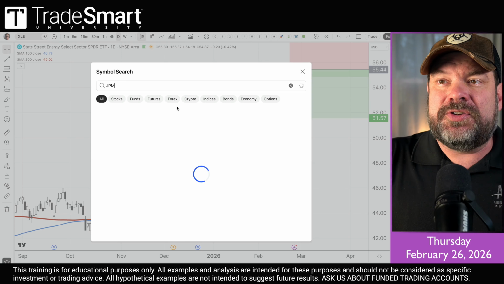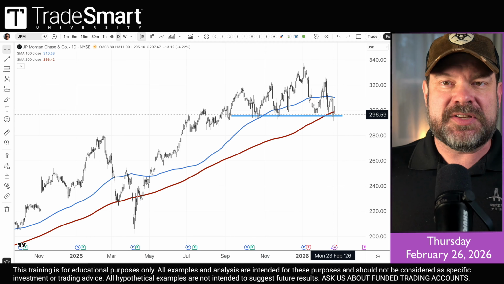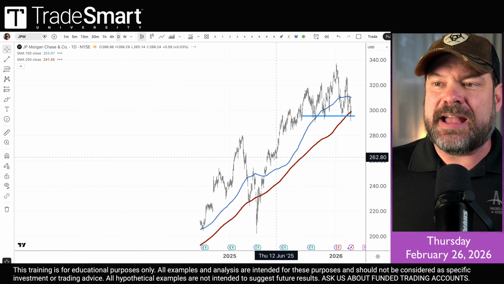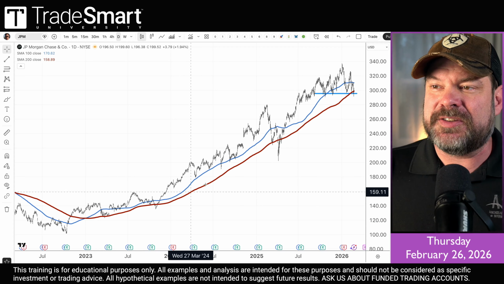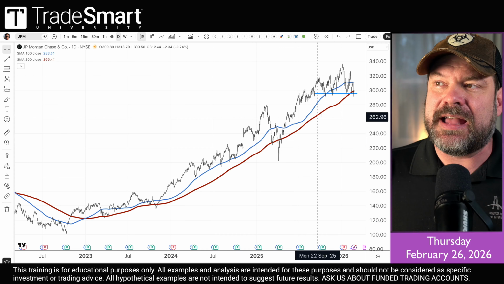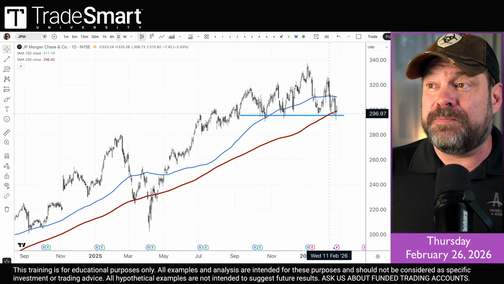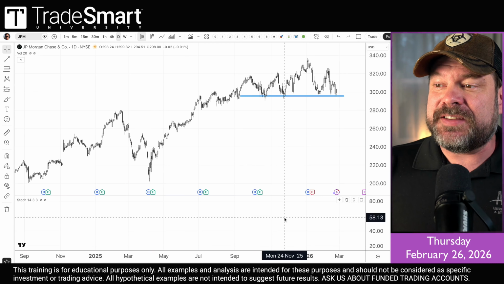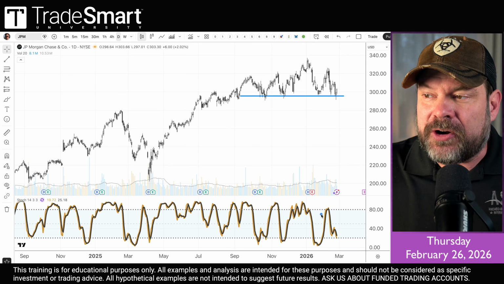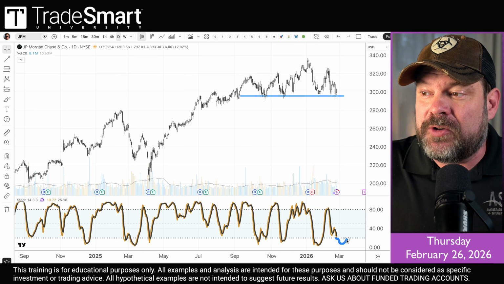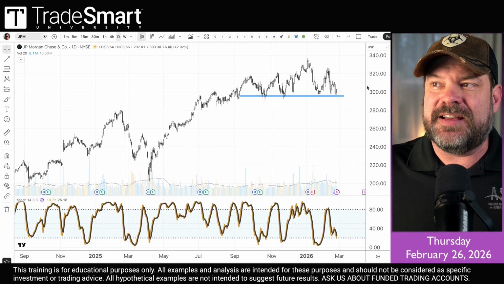Let's go back over to JP Morgan. This will be a new idea. I love the fact that we're bouncing off from the 200 period simple moving average. If we look back over JP Morgan's history, when we get down and interact with this red line, the 200 period simple moving average, it tends to be a support. In addition to that, I just drew the blue line support and we've got stochastic that's down around 20. I would prefer for this setup that it dips below 20 and then pops back up. So you might want to wait on this a day or two.